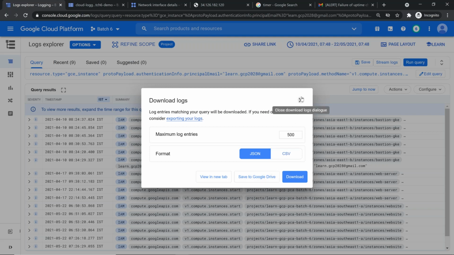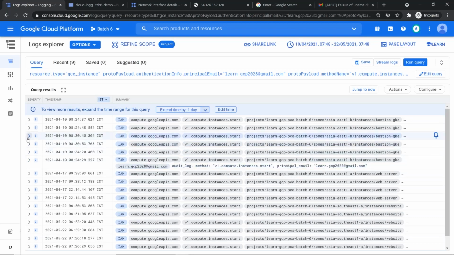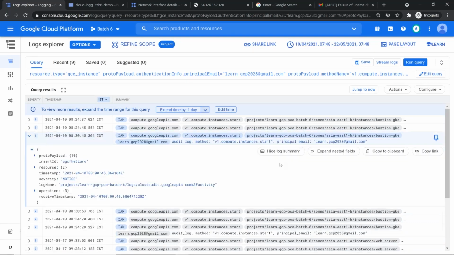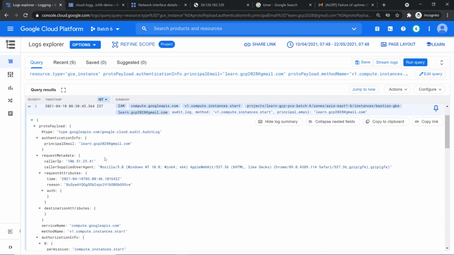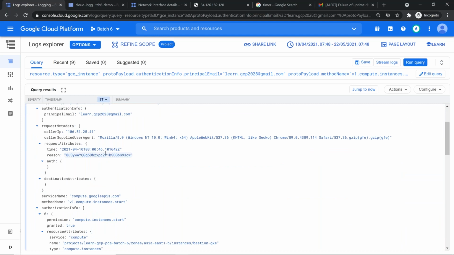But what's the drawback of this option? It is very raw. It's very raw. Only a person who knows how to read the JSON file format can do it. So it's very raw. Is there an alternative for it? Yes. Something based on this Stackdriver Logging or Cloud Logging itself, Google has also created one more user interface, which is basically your